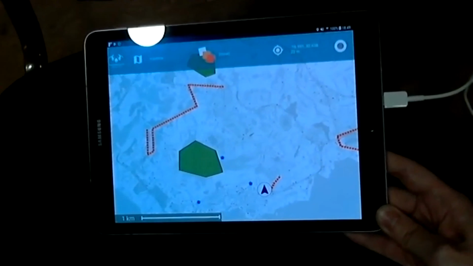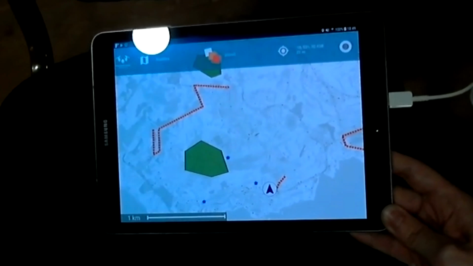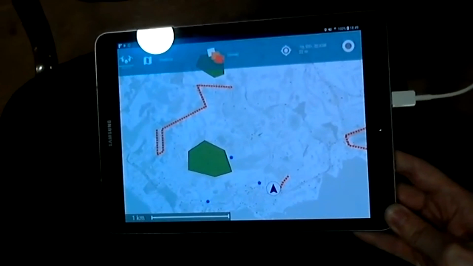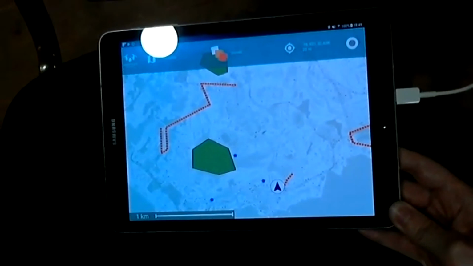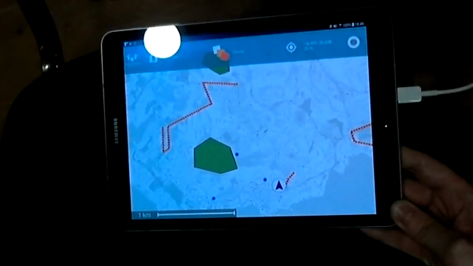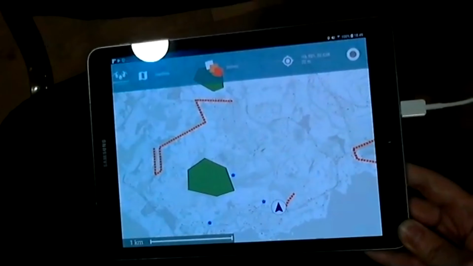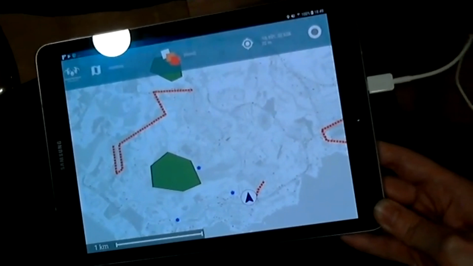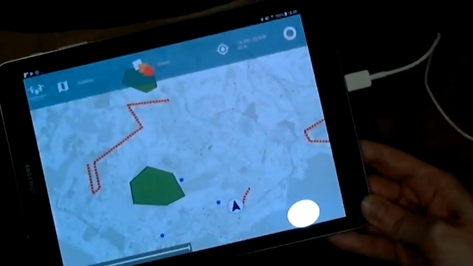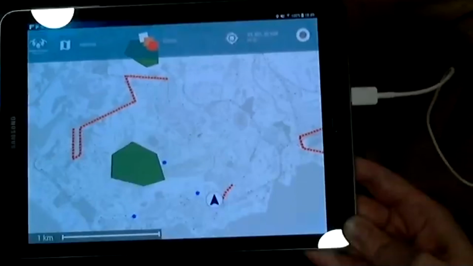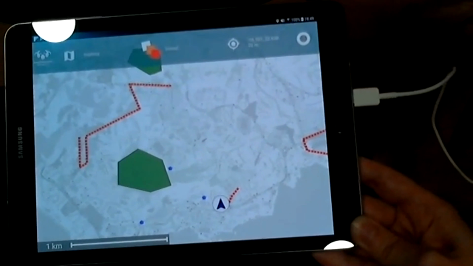Okay, and now it's... I think or gallery. Because there's like some kind of